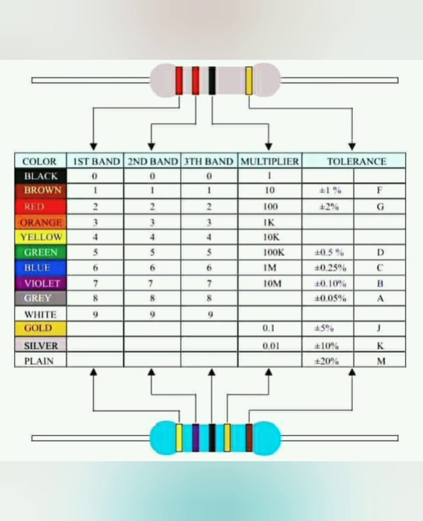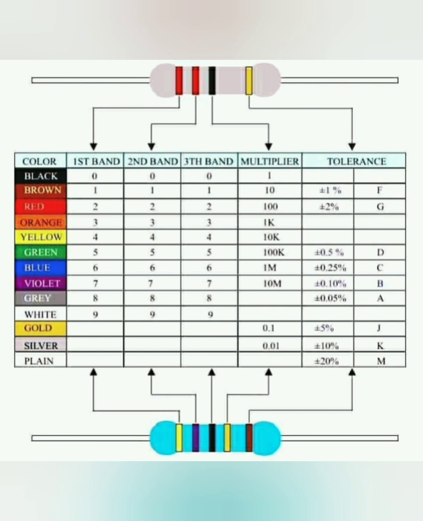For example, if a resistor is a 132 kilo ohm resistor, one indicates the brown color, 3 indicates the orange color, and 2 indicates your red color. Kilo ohm in the sense 3 zeros will be there. As you know, kilo ohms means we need to multiply by 3 zeros, which means 1000. Then for mega ohms, we need to multiply by 6 zeros. Likewise we need to go. So the kilo ohm 3 indicates your orange color.